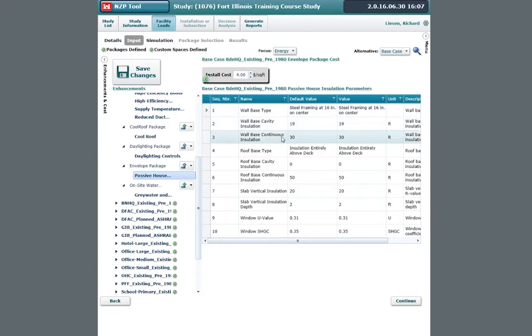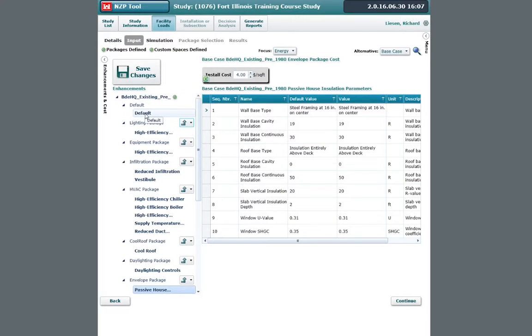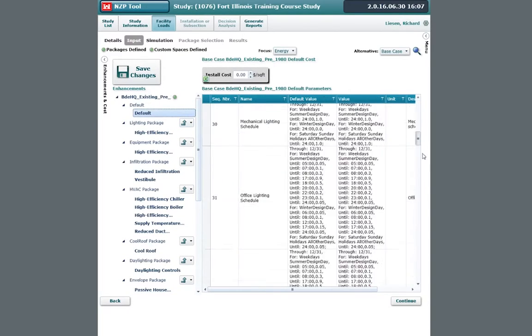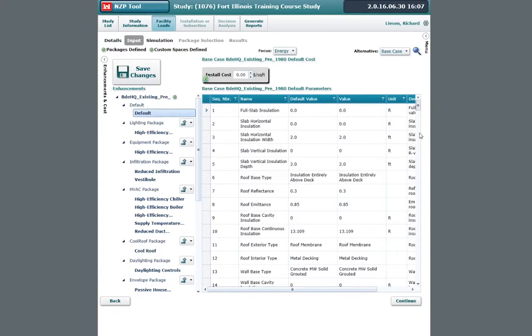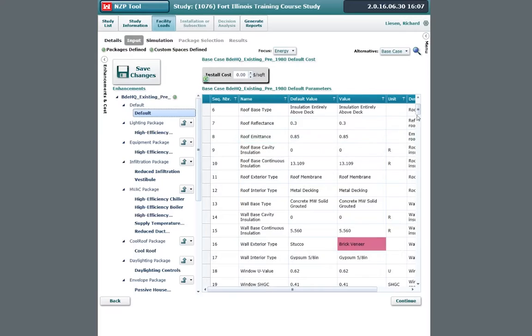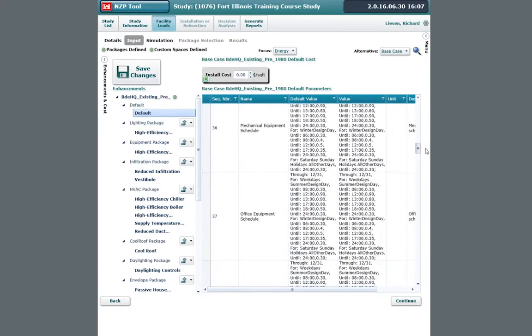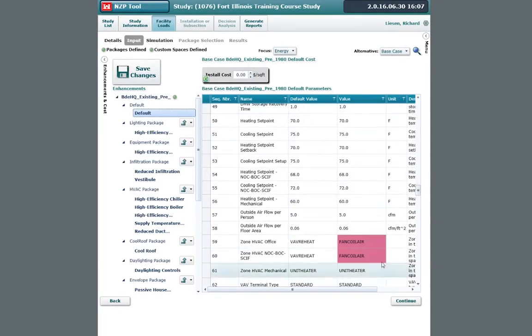So there may be something like that that can change, and I'm just trying to find something to work as an example. Okay, and then for whatever reason, in your base case, they may have figured on not upgrading this,